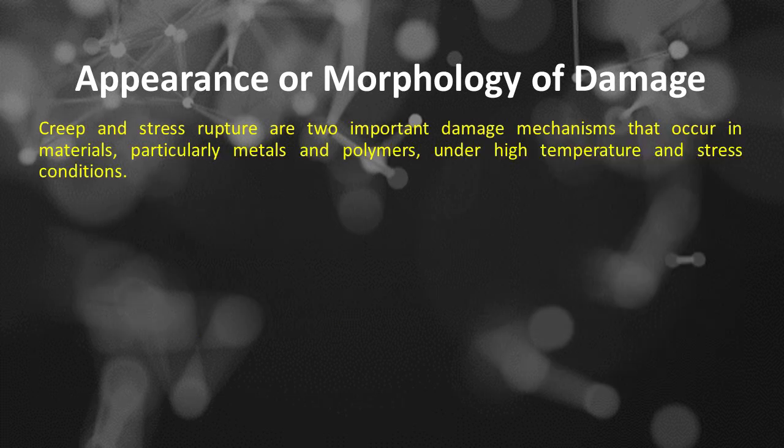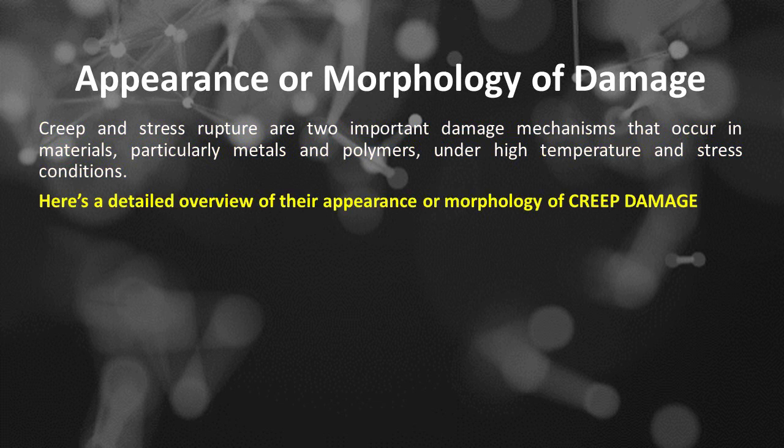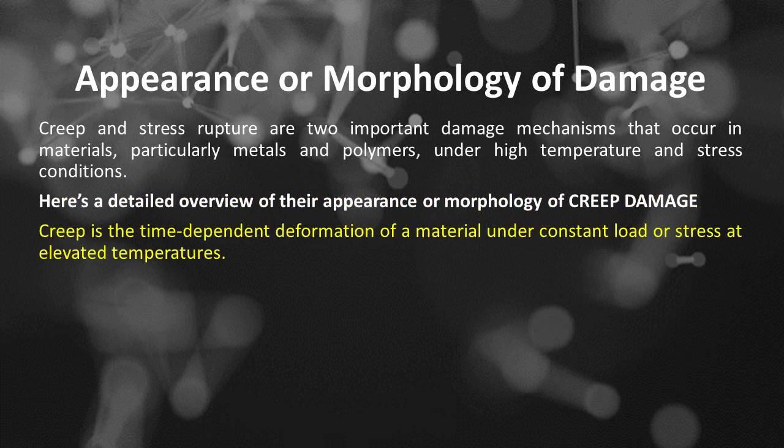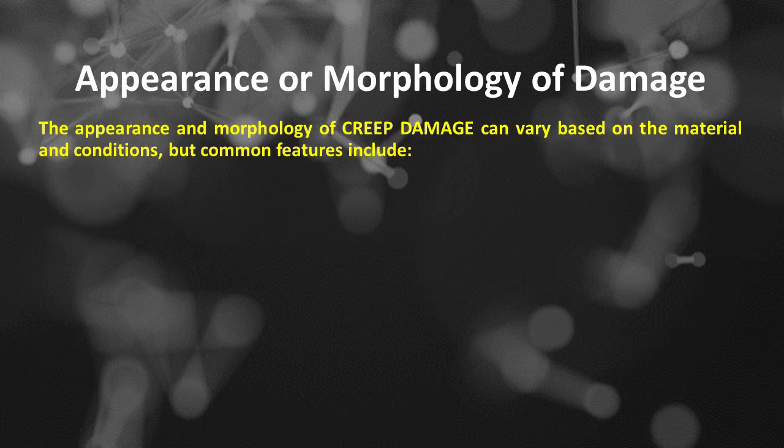Creep and stress rupture are two important damage mechanisms that occur in materials, particularly metals and polymers, under high temperature and stress conditions. Here's a detailed overview of their appearance or morphology of creep damage. Creep is the time-dependent deformation of a material under constant load or stress at elevated temperatures. The appearance and morphology of creep damage can vary based on the material and conditions, but common features include: